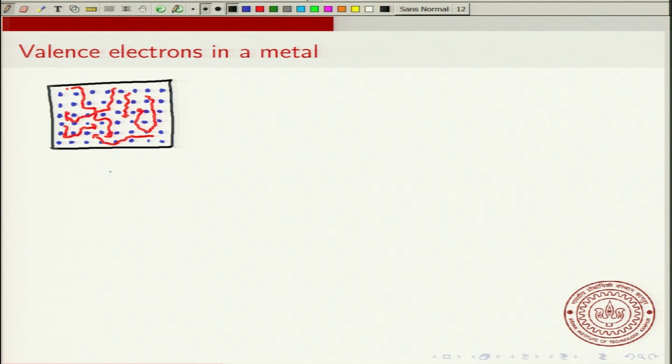And if you take this piece of metal as having dimensions Lx, Ly, and let me briefly show the third dimension, it is Lz,